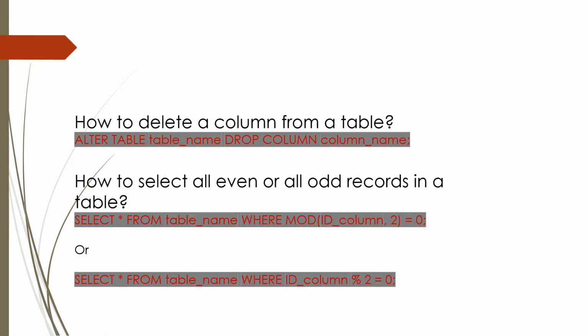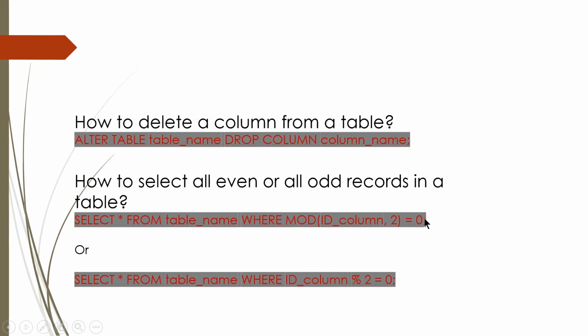Next question is how to select all even or odd records in a table. This is done by checking the remainder of the division by 2. In some SQL versions, for example PostgreSQL and MySQL, we use the MOD function. In others, like MS SQL Server and SQLite, the modulo operator percent. To select all even records using MOD, we can write: SELECT * FROM table name WHERE MOD(id column, 2)